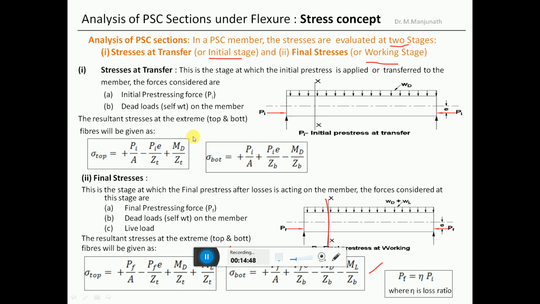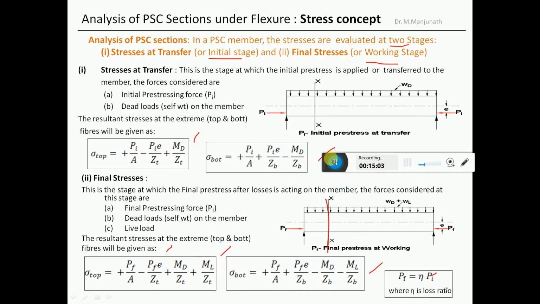So using the expressions for calculating stresses at transfer and the stresses at working stage, we will be able to carry out the analysis of PSC sections. So now we take up